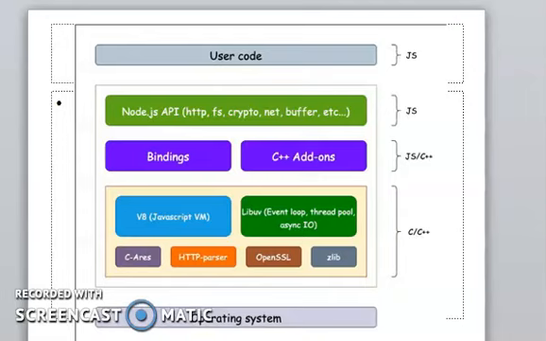These binding codes are normally written in C++ or C. When we implement a module in C++ first, and then write the binding code for that implemented module, this code we normally call an add-on. And next is